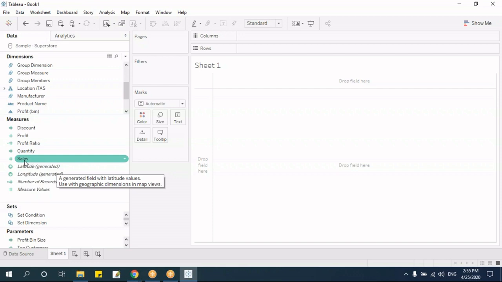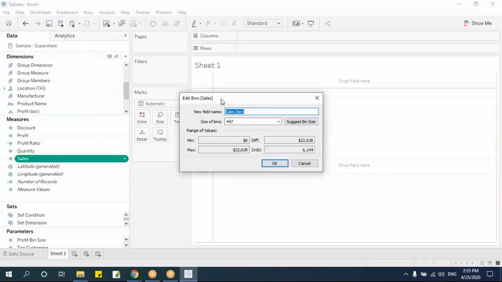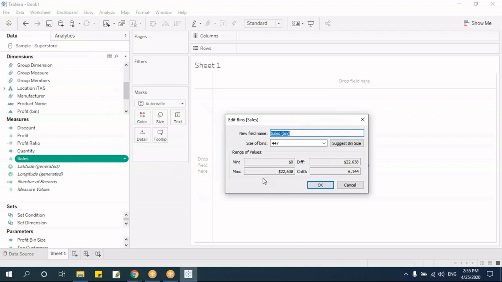Let me take the sales. Right click. Here I'll say create and I'll say bin. When I click on this bin, see, it will ask the size of the bin. I was talking about 0 to 100. Let's say I want my bin to be of 10, say the value 10, say 0 to 10, 11 to 20, like that. Here the minimum value is 0 and it is going up to a maximum of